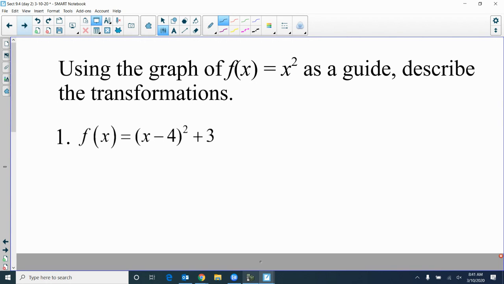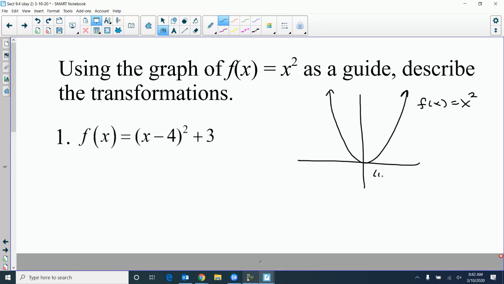All right, now we talked about transformations. Transformations are things that have been moved. You can slide, you can rotate. Basically, we're just sliding in this case. We're using x squared as our guide, which means x squared is the graph that hits at 0, 0 with the vertex. So for this one here,